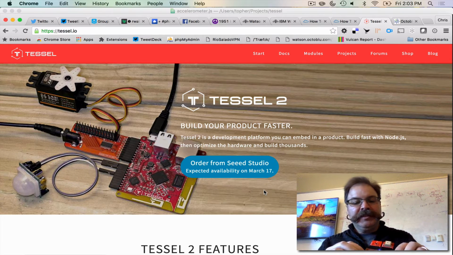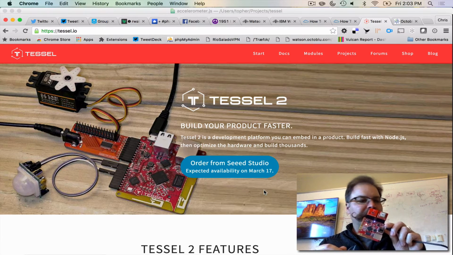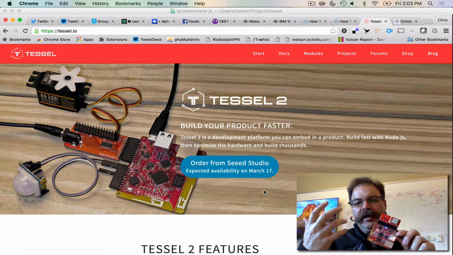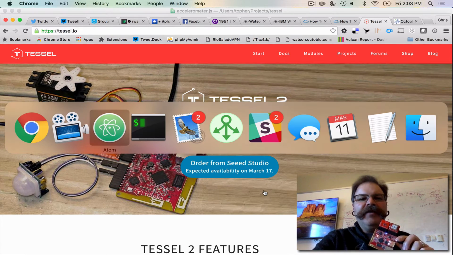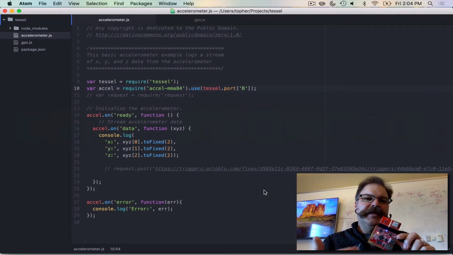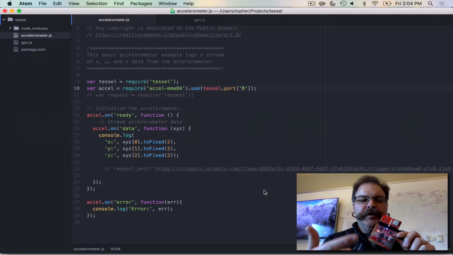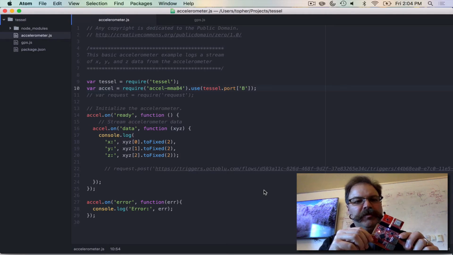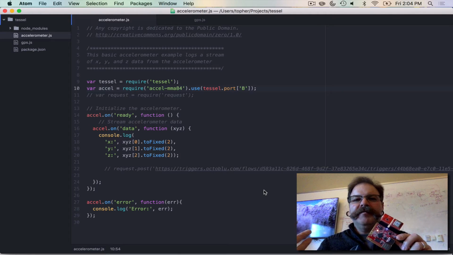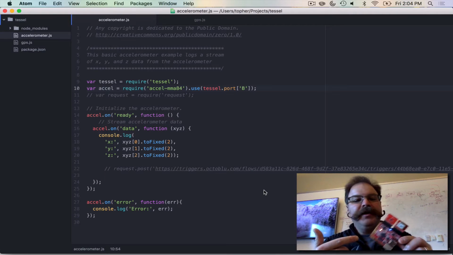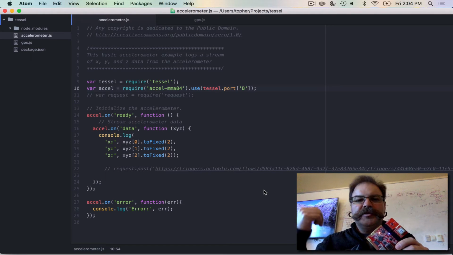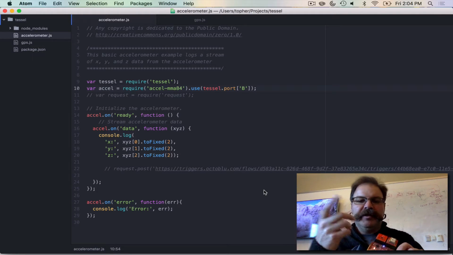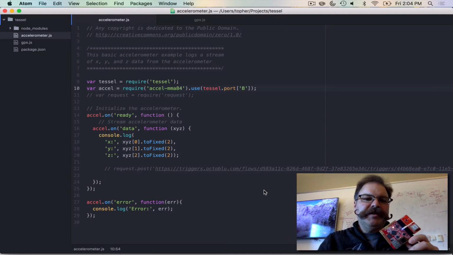What I was playing with was just real simple scripts that let you use this board as a sensor. Basically, you can stream, or at least watch, sensor data. They have a cool, simple little script that says run this on the board. You push the JavaScript to the board, and then the board can be connected to a battery. It has built-in Wi-Fi and an Ethernet jack, so you can maybe put this on a light post or something outside the office. They've got modules for light sensors, etc. But here's a cool little